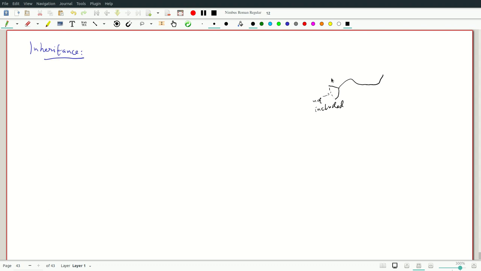This is not included. So this set will not be closed because the complement will include these boundary points, and every ball around them intersects this. So it is not open. So the complement is not open. Okay, so inheritance. So in general,